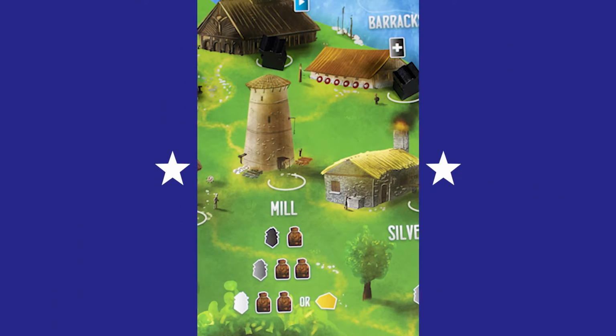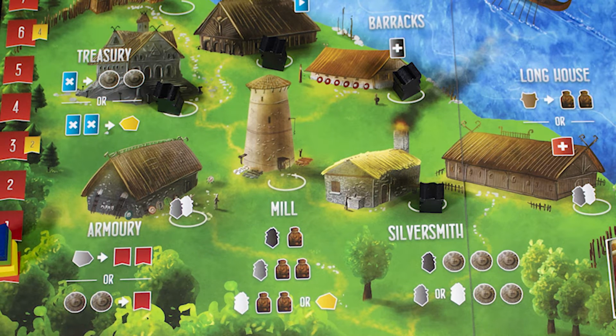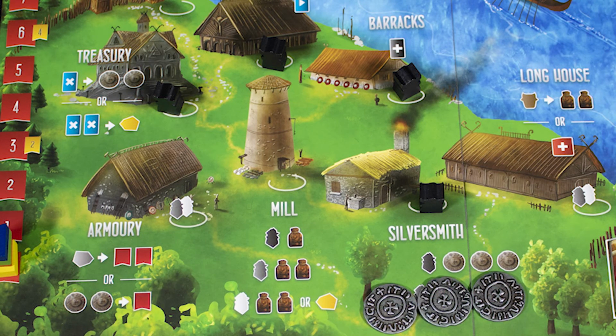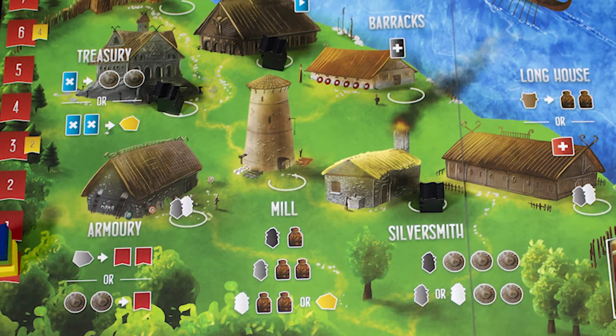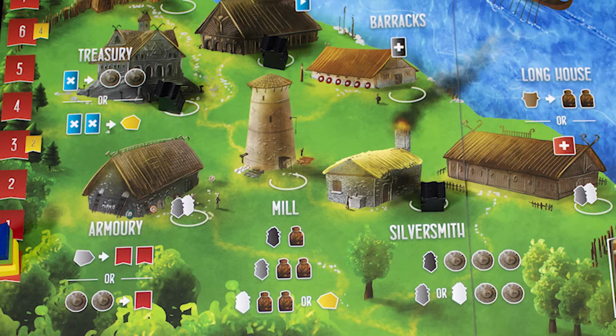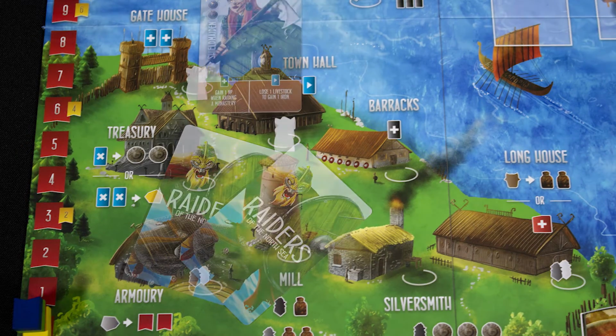Player turn. On your turn, you place workers or raid. If you place workers, put 1 on the board and claim that space's benefit. In this case, 3 silver. You then take a worker from any other action space and claim that benefit as well, giving you a total of 2 actions. The gatehouse gives you extra crew cards, and the town hall lets you play a crew member